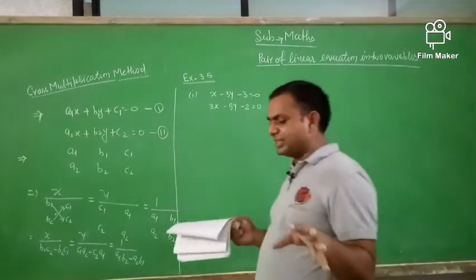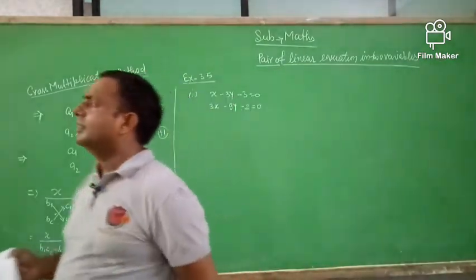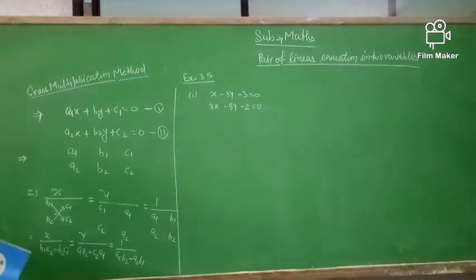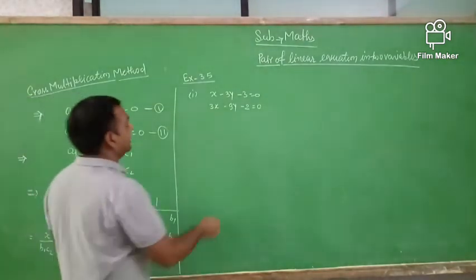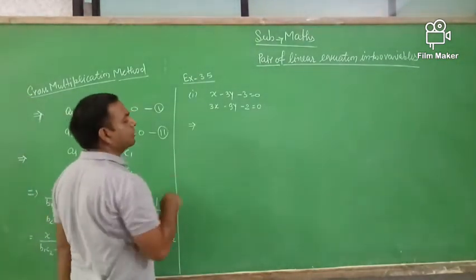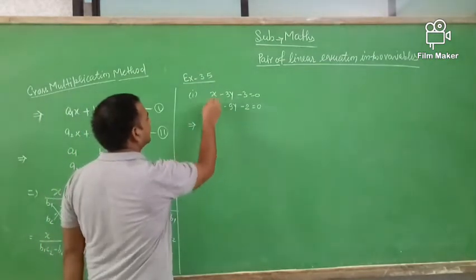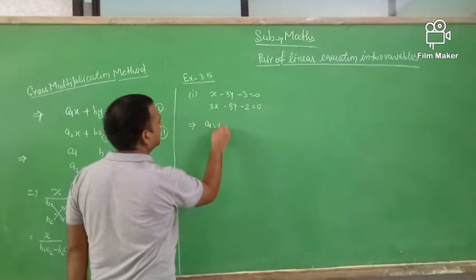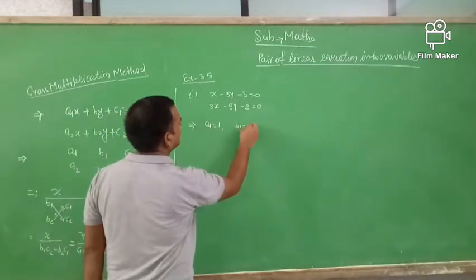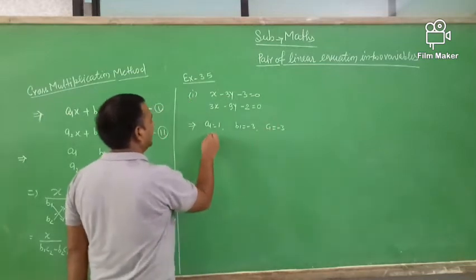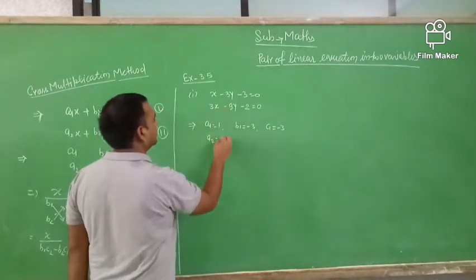First, let us see how we can find the solution. If there is a unique solution, then you can solve. If there is no unique solution, then you cannot solve this equation. First we find out whether this has a unique solution, infinite solutions or no solution. You take the coefficient of x, this is a1, a1 equals 1, b1 equals minus 3, then c1 is also minus 3, a2 equals 3,